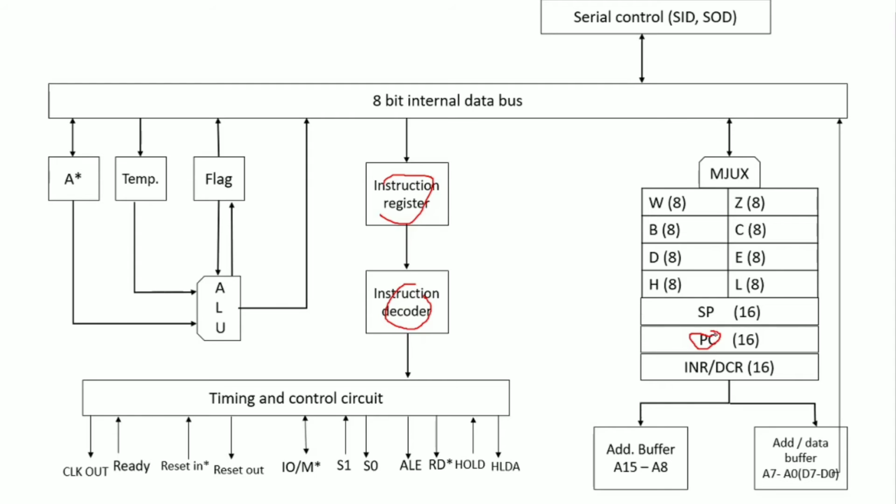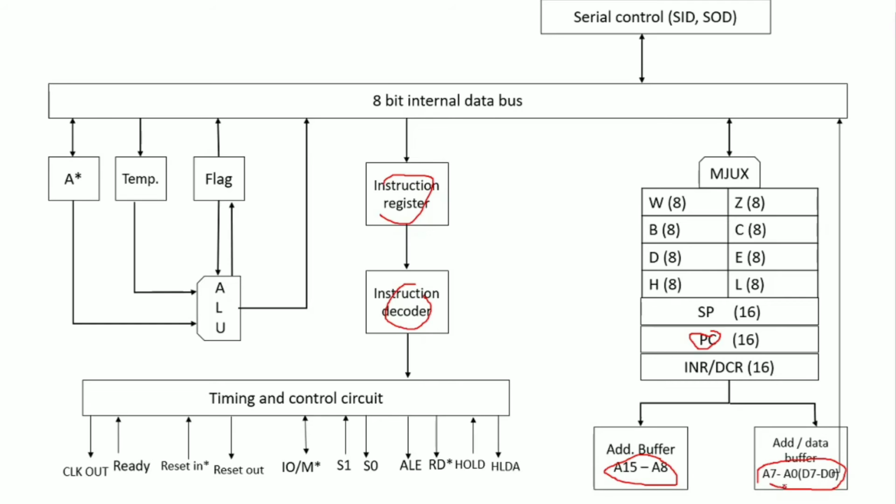Here you can see that the program counter is a 16-bit register, and you can easily see that we are having two buses, from A15 to A8. These are particular pins which are designated only for address. I will explain the pins in the pin diagram video, so don't worry about it. And these particular